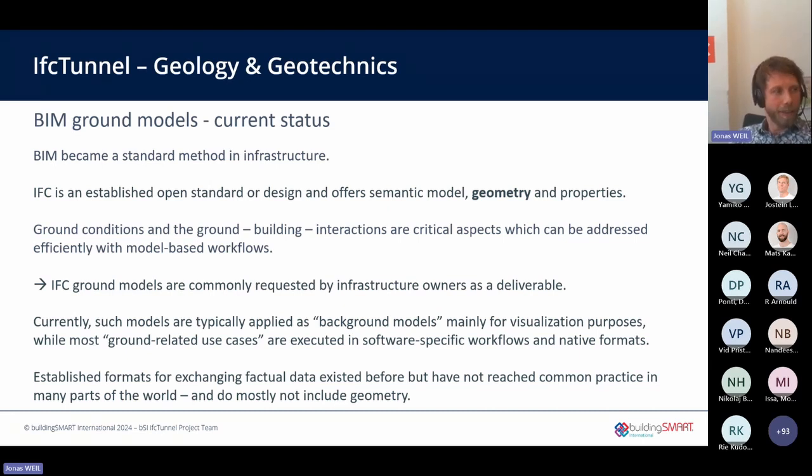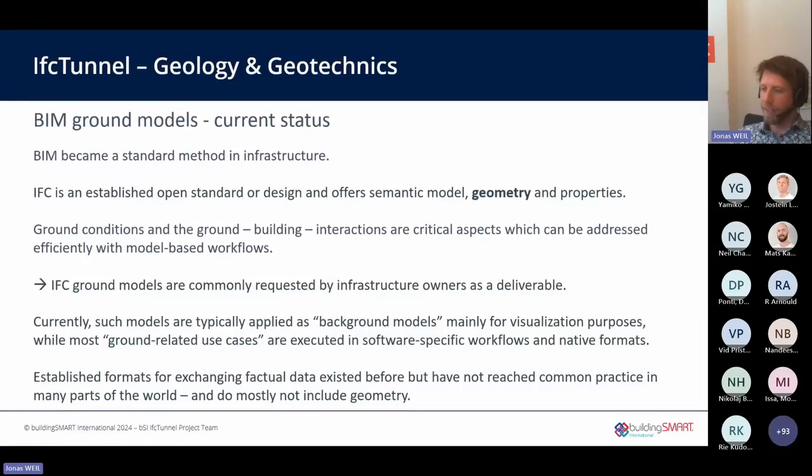However, IFC is frequently used already, and IFC ground models are commonly requested by infrastructure owners because they say, we are doing the project in BIM, we use building information modeling, so please give us your ground model in IFC so that we can include it in our common data environment.